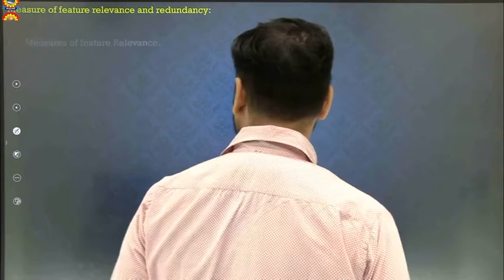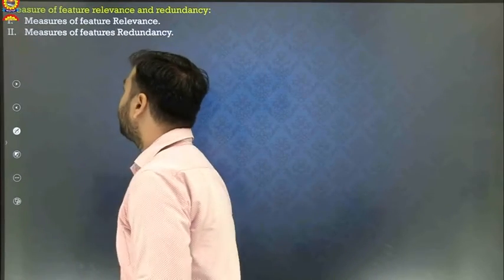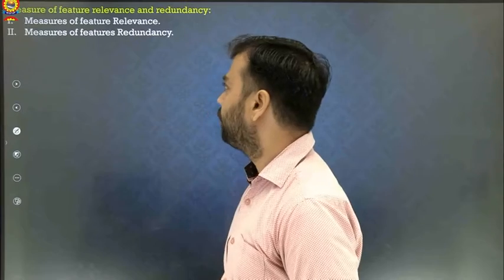Okay. So measuring the feature relevancy and redundancy. We are talking about the ranking. The ranking is nothing but using a function to assign a value to the features by which we can order the features which are strongly related to the target value. So how can we assign the value? For that we use some method to measure the relevancy, or to measure the redundancy. So we now discuss relevancy and redundancy in the case of features. There are two methods: one is measuring the feature relevancy, and another is measuring the feature redundancy.